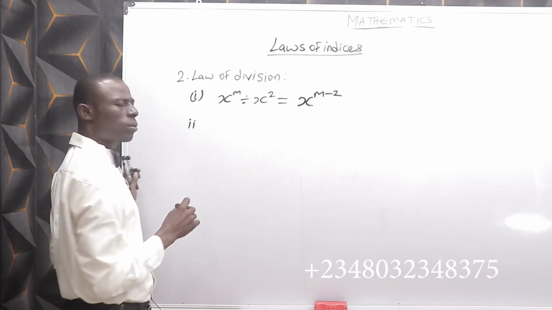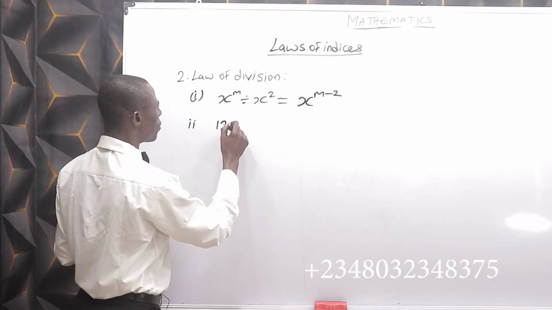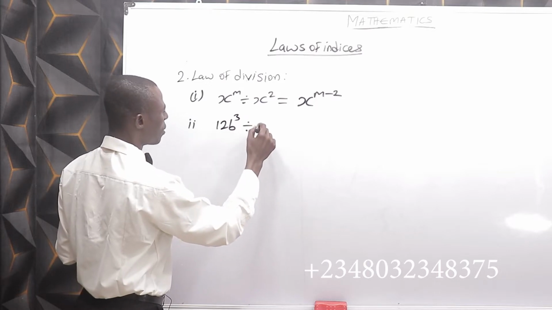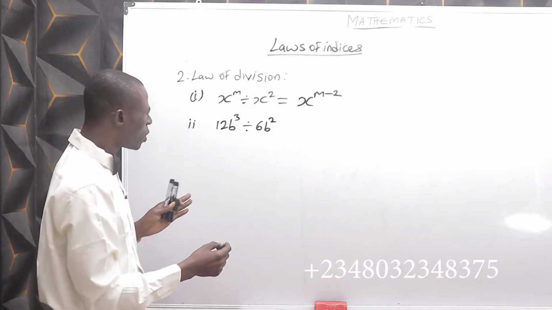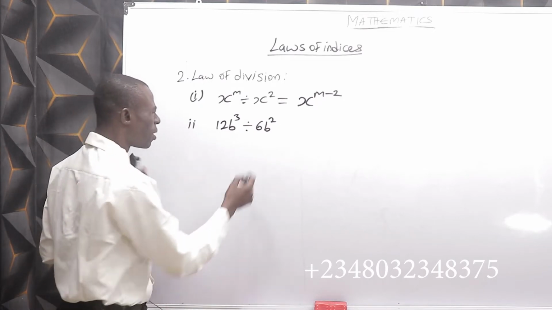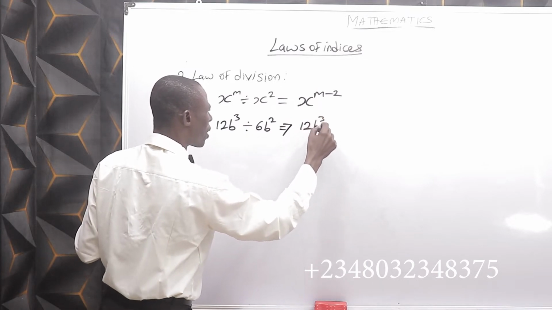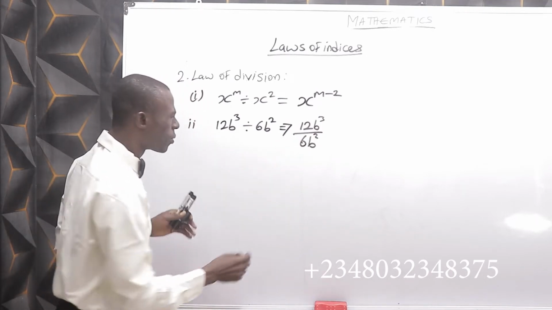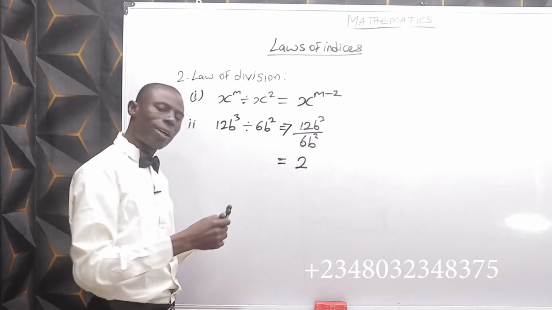Roman figure 2. Should we have something like 12b raised to power 3 divided by 6b raised to power like 2? How do we approach this? It's the same thing as having it 12b raised to power 3 over 6b raised to power 2. 12 divided by 6 gives 2. Don't forget,